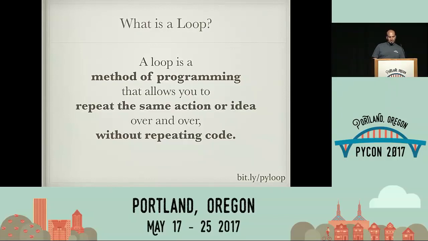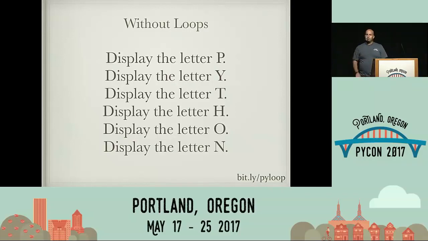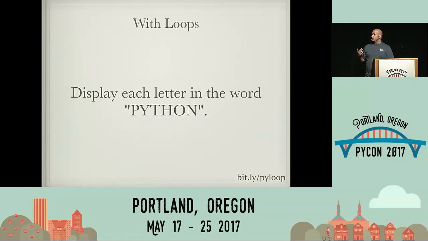So, looping. Let's start with the basics. What exactly is a loop? A loop is a method of programming that allows you to repeat the same action or idea over and over again without repeating code. So again, on a conceptual level, let's see a program that doesn't use loops. This is a program that prints out the word Python, but it does so one letter at a time. And you can see every line does the same thing over and over again. It's much clearer and more concise to write the program like this. We're doing the same thing. We're still typing out Python, but we're saying so in a way where we're looping over each letter of the word and operating on it one at a time while only expressing the